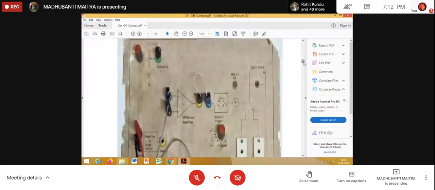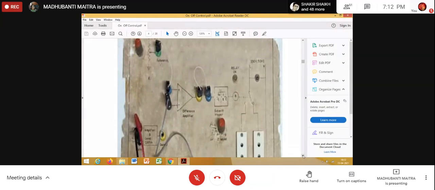So electromagnetic relays come with some contacts, which are generally normally closed and normally open contacts. We can explain this. Suppose there is an electromagnet, and if we give a supply to the electromagnet, what will happen? Because it's now an electromagnet, it will attract this movable link or armature. The link will move and touch this particular point, so this contact will be broken and this contact will be made.